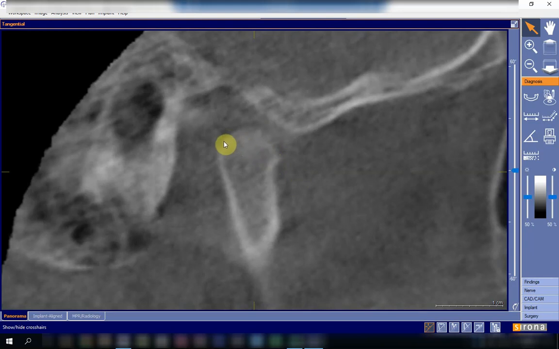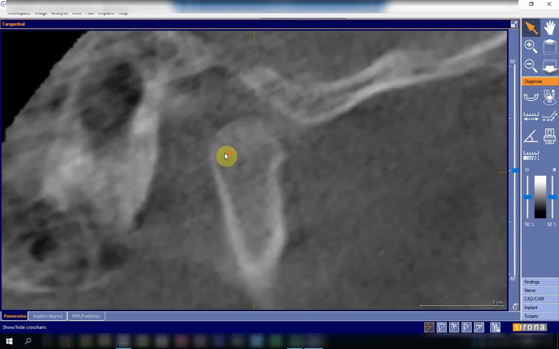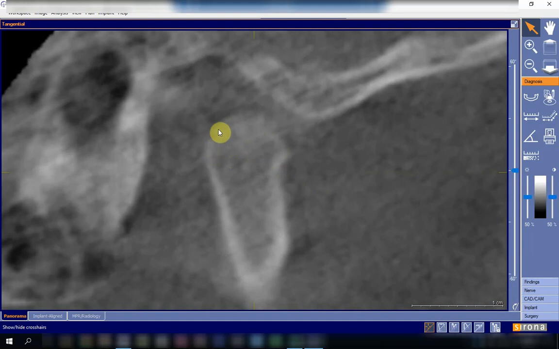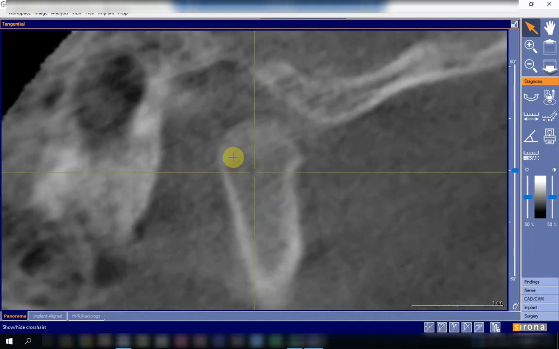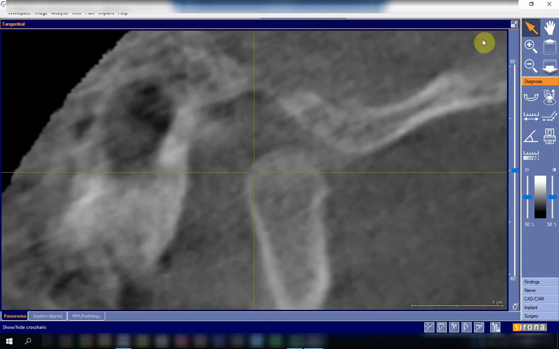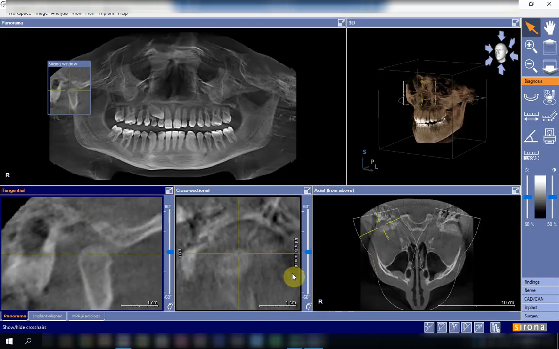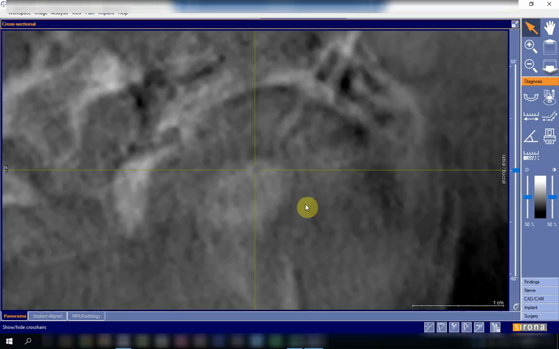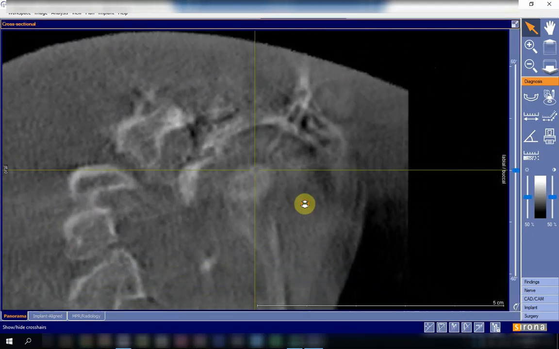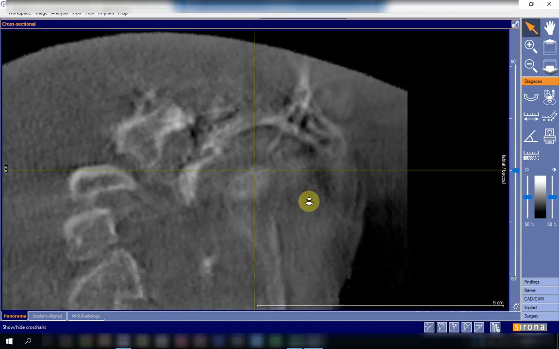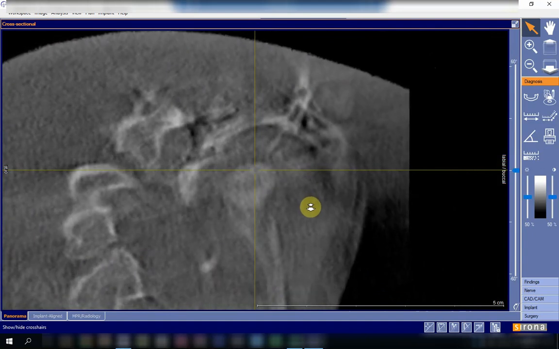Now I want you to have a look at this area, which looks as if it is a discontinuity in the condylar head. What you need to do here, if you want to verify, I will just locate this area, drag it, and then I will try to have a look at the other structures. Is it a depression? Let me have a look at the coronal part. Okay, let me move, and here I'm moving anterior posteriorly. Actually there is no